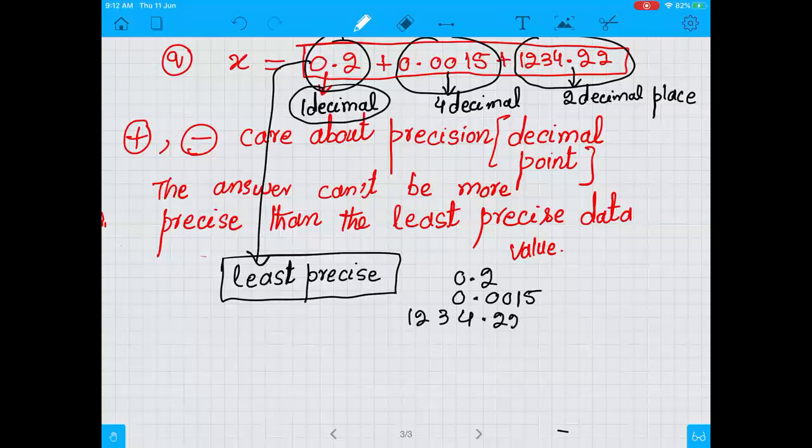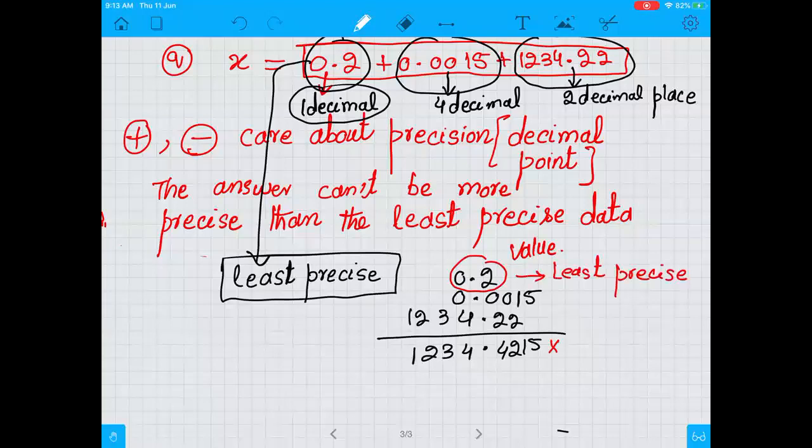1234.22. Now if we add these numbers using a calculator, the calculator will return an answer of 5124.4321. But the answer has incorrect significant figures. This answer is not acceptable because the least precise data has only one decimal place. This is the data that is least precise. If the least precise data has one decimal place, then the rule is that the answer